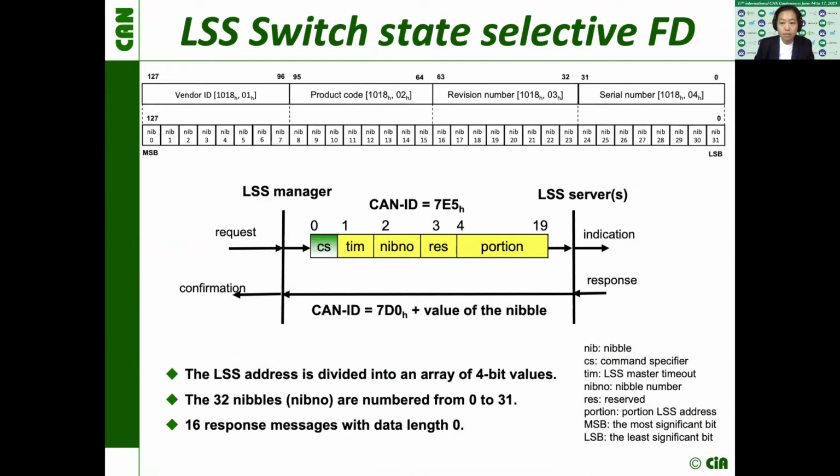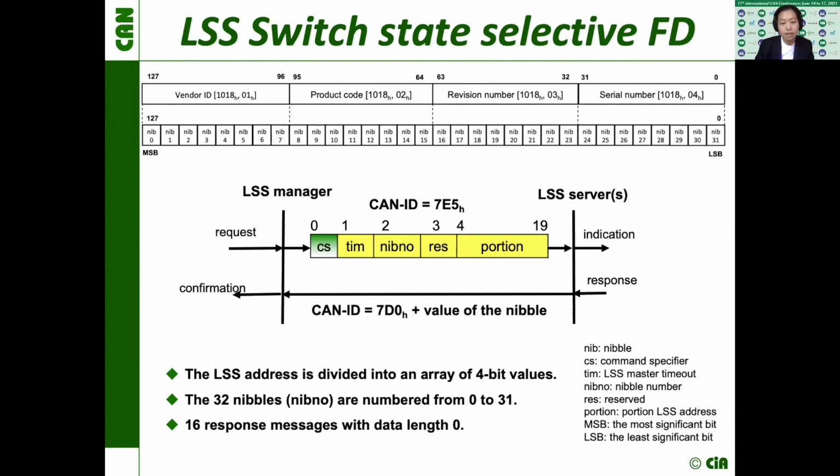For the purpose of identification, the LSS address is divided into an array of 4-bit values. There are 32 nibbles and they are numbered from 0 to 31, starting from the most significant bit of the vendor ID